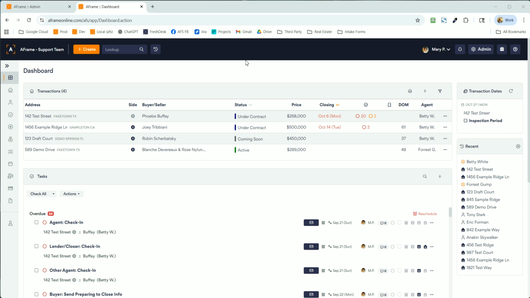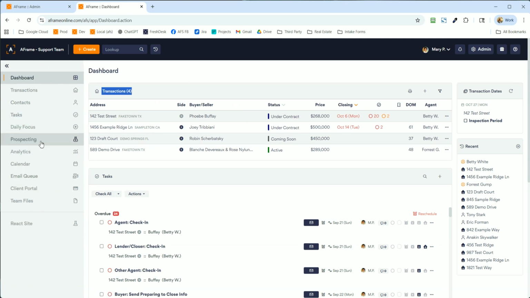Previously we had updated the transaction search page, then the contact search page, and now we are on to tasks. And I think you're really going to be happy with the new features that are afforded you with this new page. So you'll notice over here on the left, I'm just on the dashboard, but as always